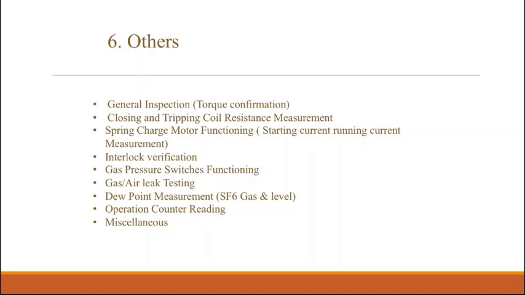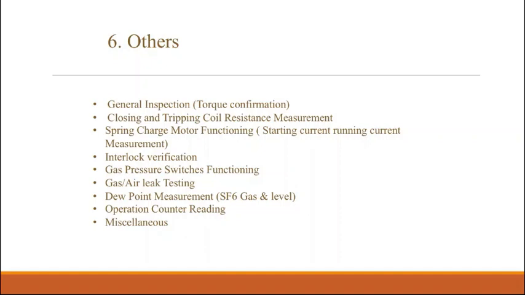And here there is one more function I have written, interlock verification. The interlock verification depends on the scheme. Let us give an example. Before closing the breaker, the isolator should be in closed condition or the earth switch should be in open condition. That is one example we can tell here. Those kinds of interlock we have to verify. For example, for 220 kV breakers with a 1.5 breaker scheme or double bus bar scheme, we have to consider both isolator statuses. Those come under interlock verification.